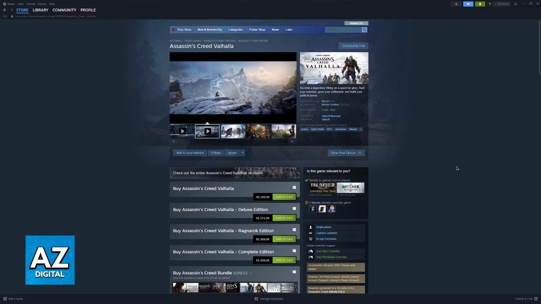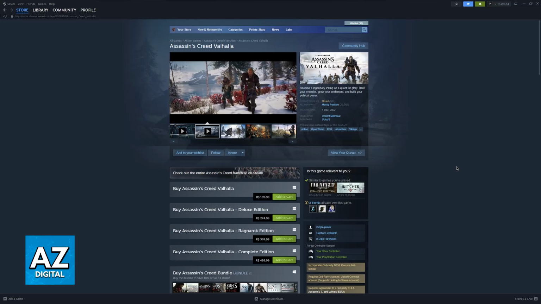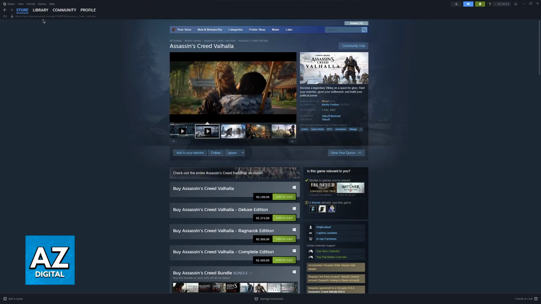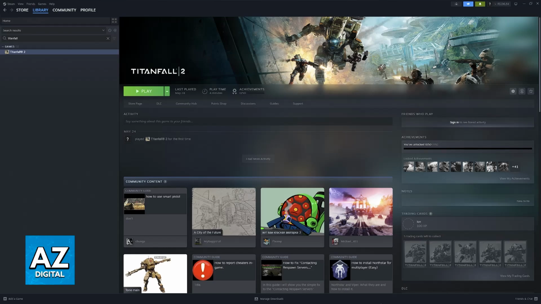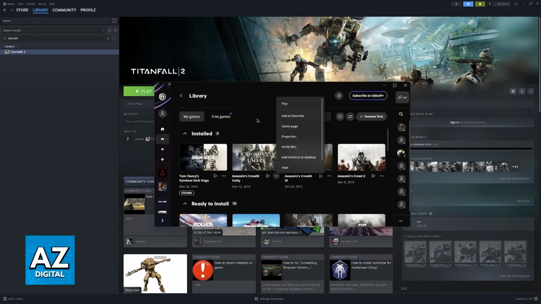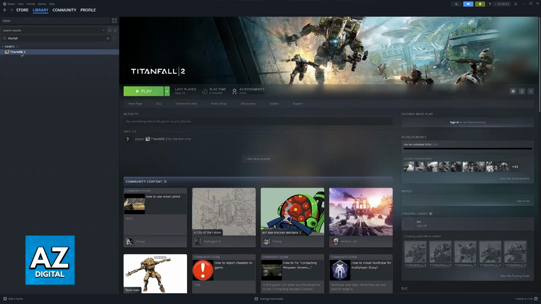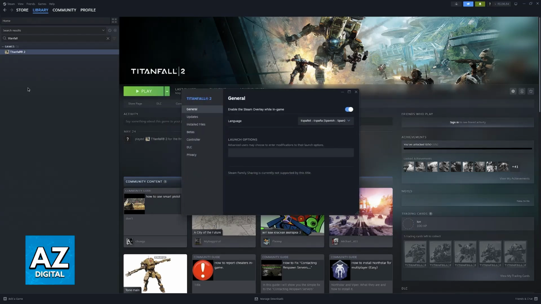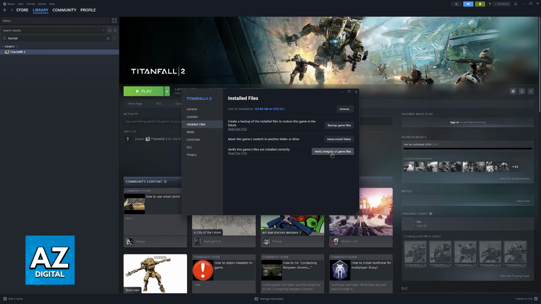Now, alternatively, if you don't have backups available and you checked, the next thing to do if you are on PC is first go over to your Steam library or open your Ubisoft Connect library. Find Assassin's Creed Valhalla and you will be able to verify the integrity of the game files. On the Ubisoft launcher, you just have to click these three dots and then verify files. If you are on Steam, right-click Assassin's Creed Valhalla, go over to Properties, Installed Files, and verify integrity.